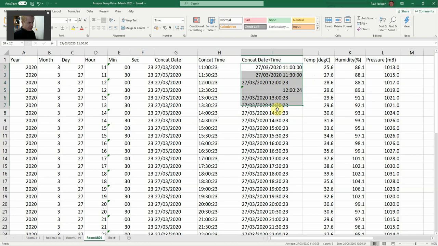Okay, so these cells here at the top of the concatenated date and time are a little bit of a mess. And here's something I'm going to show you. It's part of the cheat really, but having got that date and time together,